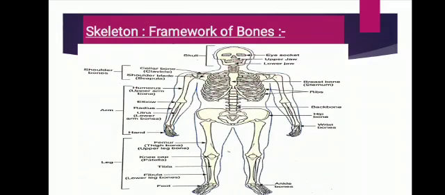If we press our fingers against the top of our head, face, neck, shoulder, chest, arms, fingers, feet, we feel some hard structure inside them. These hard structures inside our body are the bones. Actually, our body is supported on a hard framework of bones that is called the skeleton. And in human beings, the skeleton is inside the body, so it is called an endoskeleton. Endo means inside. That is why it is called endoskeleton.